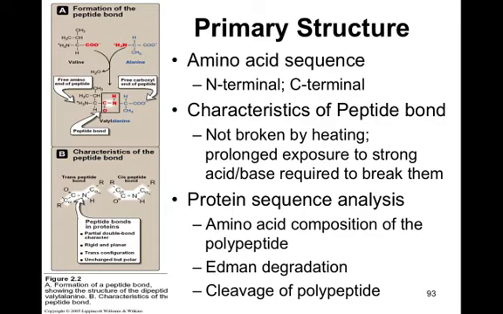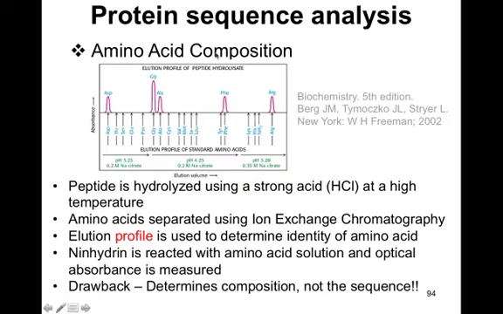So primarily there are these three techniques that are used to identify a protein sequence. The first one is the amino acid composition. The second one is Edman degradation, and the third one is the cleavage of polypeptide. So the protein sequence analysis using amino acid composition is one of the very primitive techniques. It is no longer really used in practice, and we'll see why. But at the same time, it was one of the first techniques that was used to determine the amino acid